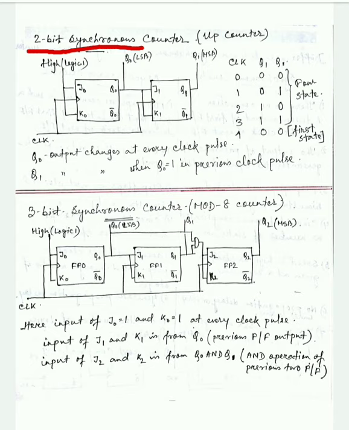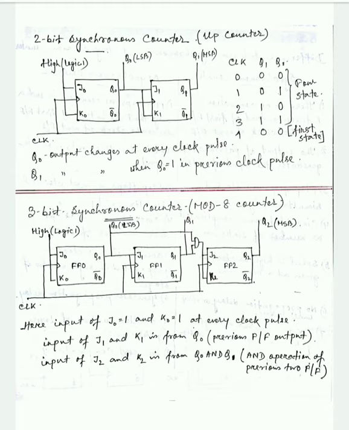In order to get 2 bits, we have already studied that we need 2 flip-flops. One flip-flop can store 1 bit. So in order to create a counter of 2 bits, we need 2 flip-flops. And whenever we have 2 flip-flops, we have already studied that the number of states we get is 2 to the power 2, equals 4. So for 2 flip-flops we get 4 states. Okay, so a 2-bit synchronous counter can count 4 values.